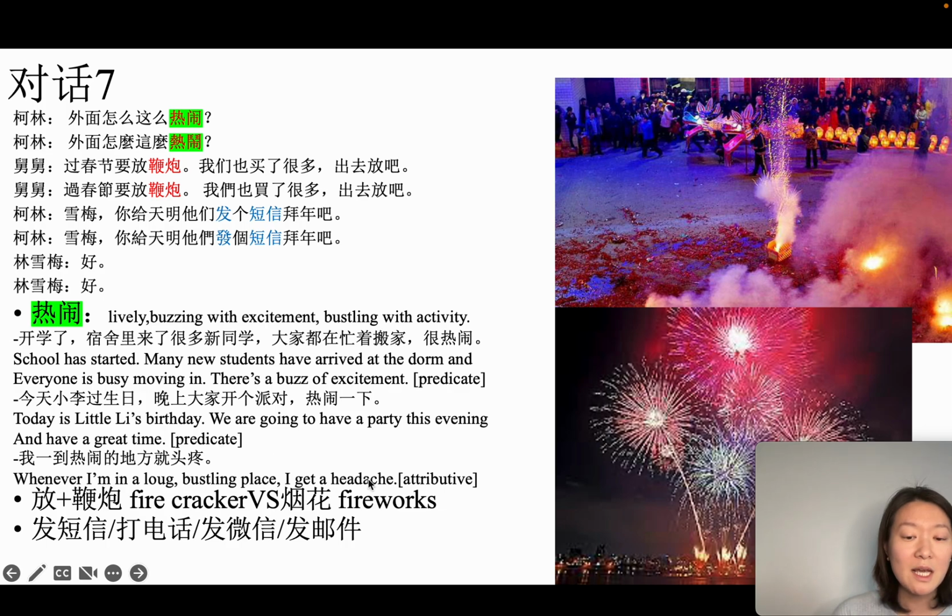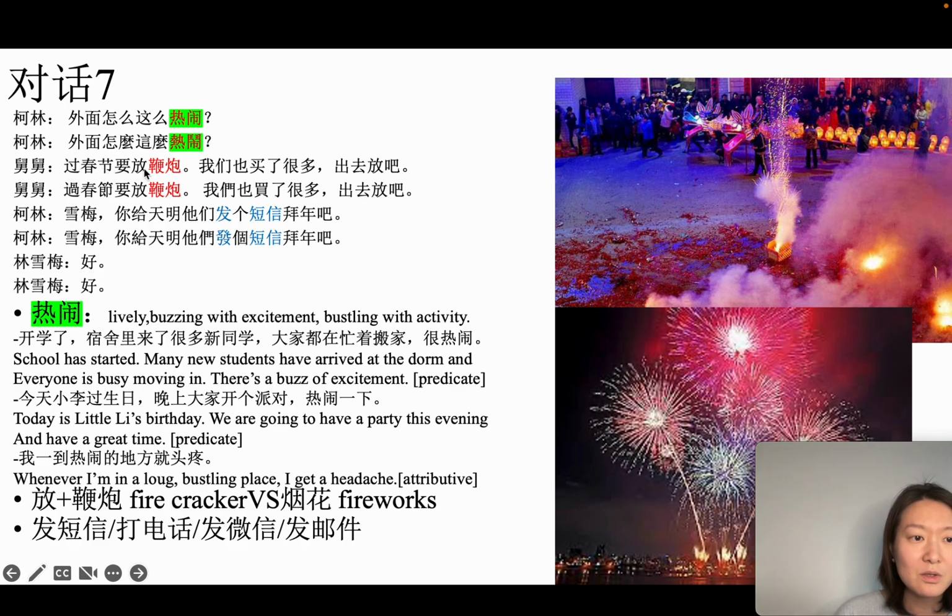Or 热闹 can function as an attributive to modify a word. For example, 热闹的地方. A loud, bustling place. 我一到热闹的地方就头疼. Whenever I'm in a loud, bustling place, I get a headache. So now you know the meaning of 热闹。好,舅舅回答说,过春节要放鞭炮。So here it means when you celebrate the Spring Festival,